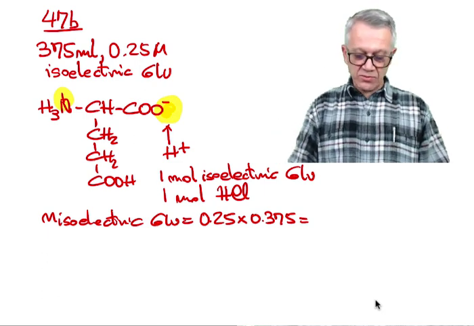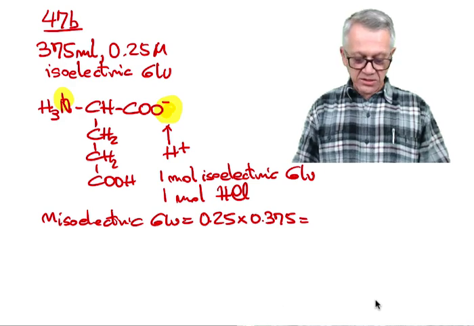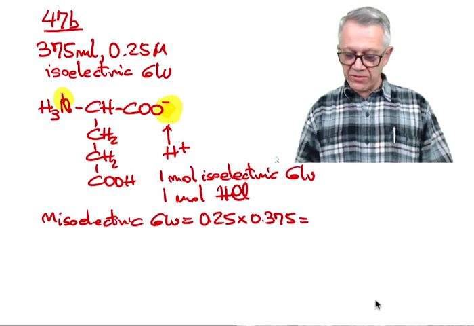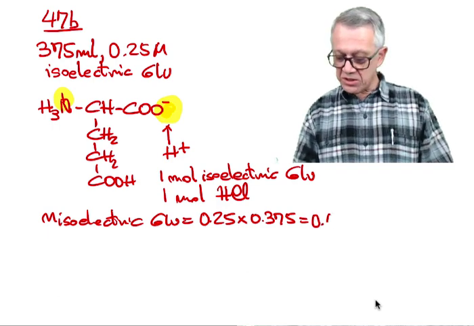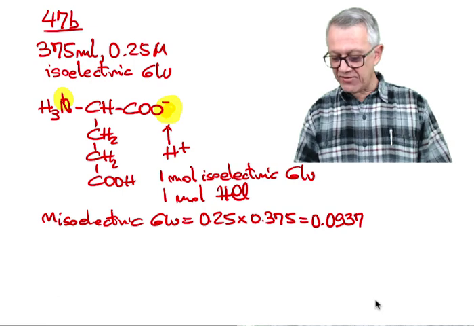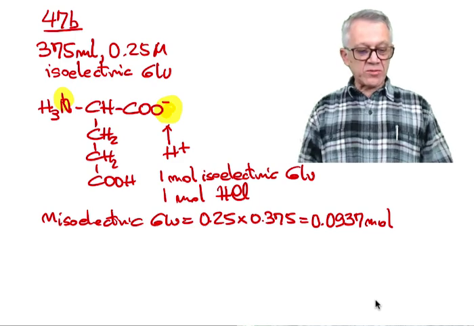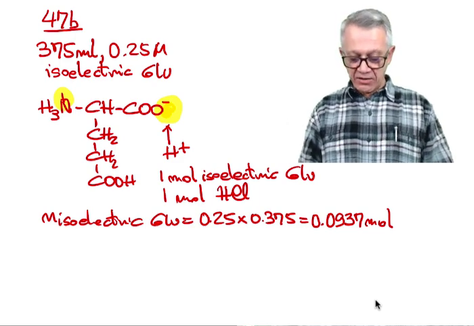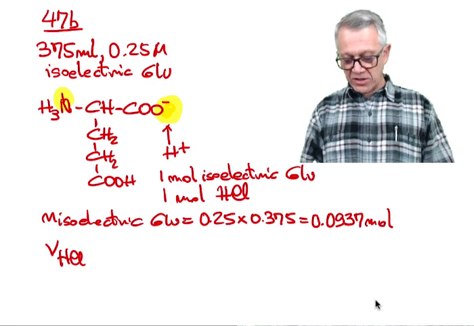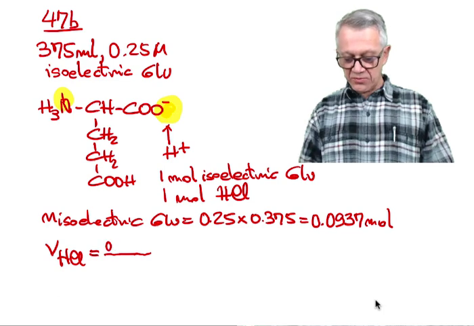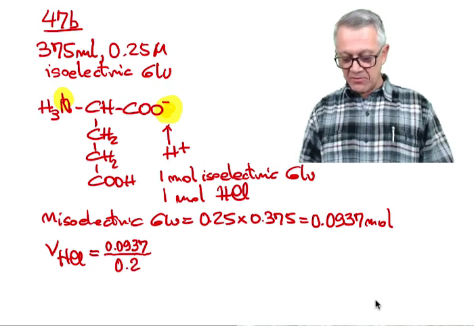This would be more accurate if calculated by hand to avoid miscommunication here. So this is going to be 0.09375 moles. This is going to be the same number of moles of HCl. So to calculate the volume of HCl, on the same principle as before, it is the number of moles, 0.0937, and you could round this number as well, divided by the molarity of HCl,